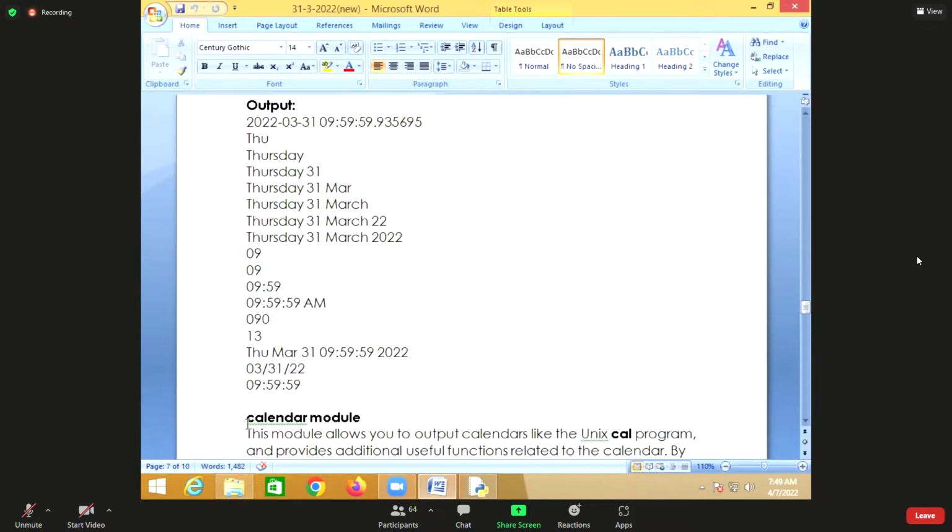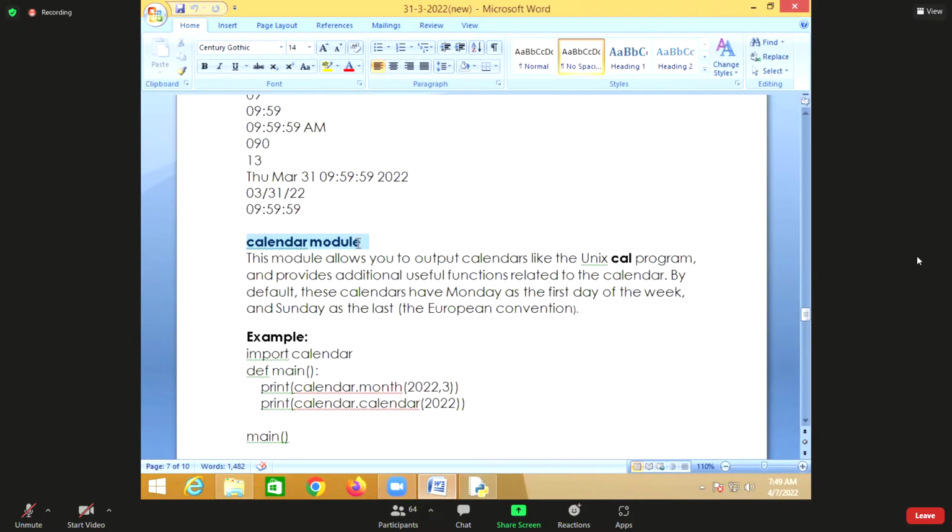So there is one more module. Another module you have is the calendar module. With calendar, what you can do is display it. This module allows you to output calendars. You cannot create your own calendars, right? Calendars follow certain rules and regulations, but this calendar module allows you to output